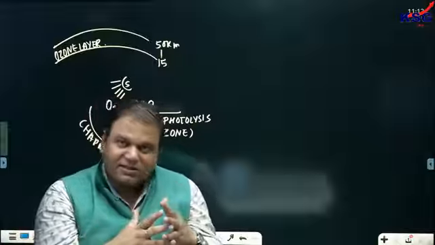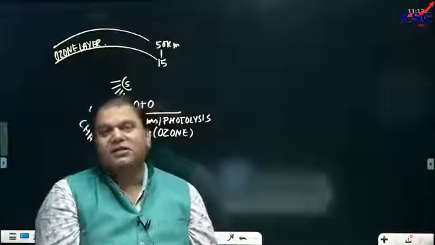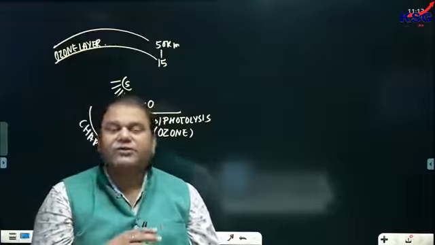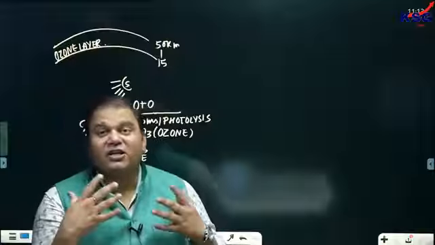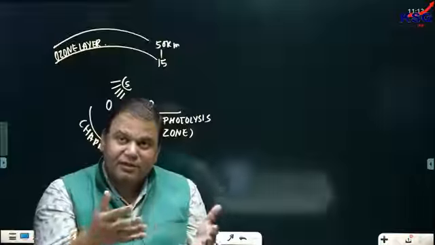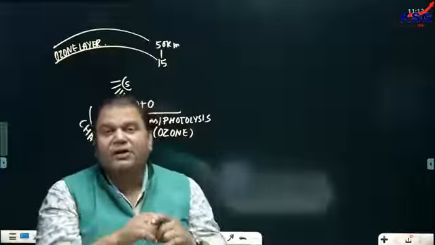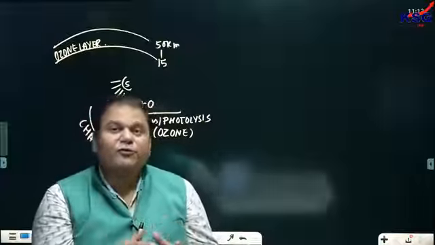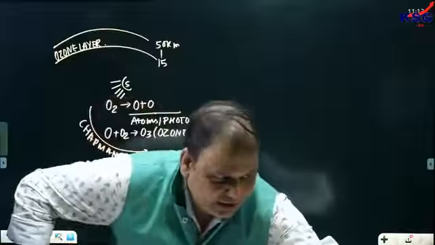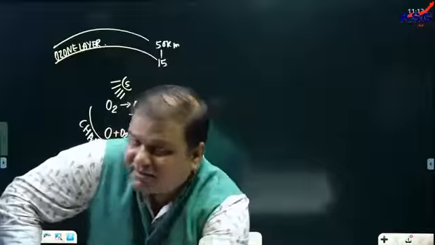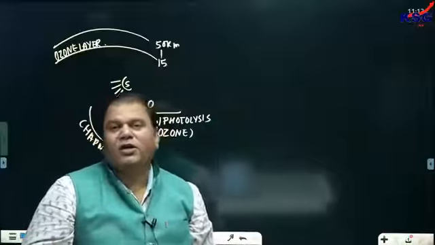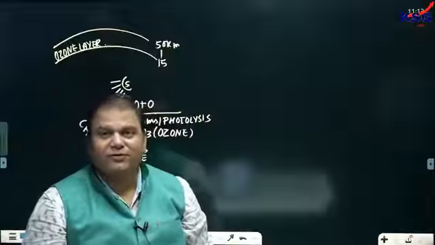So what we can see is that the temperature enhances in stratosphere and reduces in case of troposphere. There would be convectional currents, because the hot air, when it becomes hotter, would be rising upward. In case of troposphere, there would be convectional current and mixing of air. So if there are convectional currents, it means that if ozone layer is formed, it cannot stay for a longer period of time.